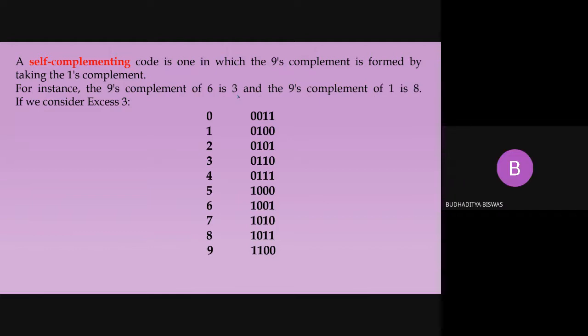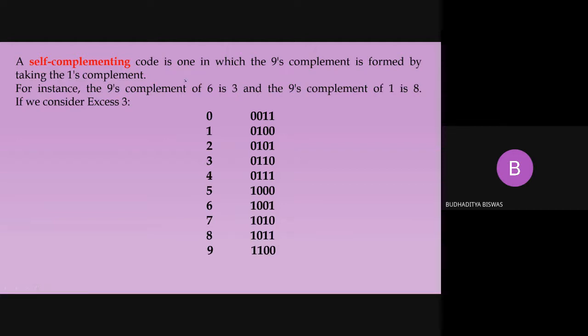What is the nines complement of 7? 2. Very good. What is the tens complement of 6? 4. Very good. Okay, so complement means the number which is added to the original one to make the summation according to the given complement. So for the 12's complement, see whatever we need to add to 7 to make it 12. So 7 and 5 are the 12's complement of each other, like this one.